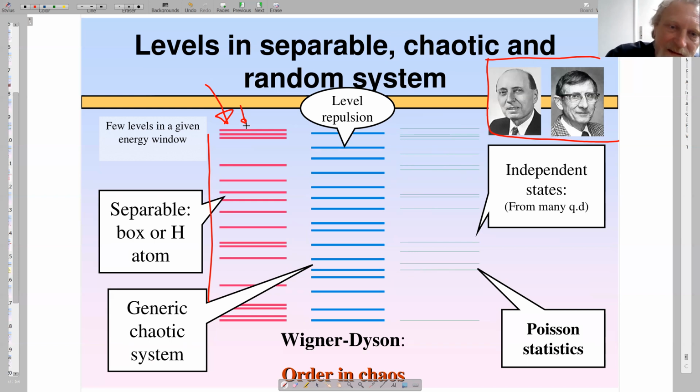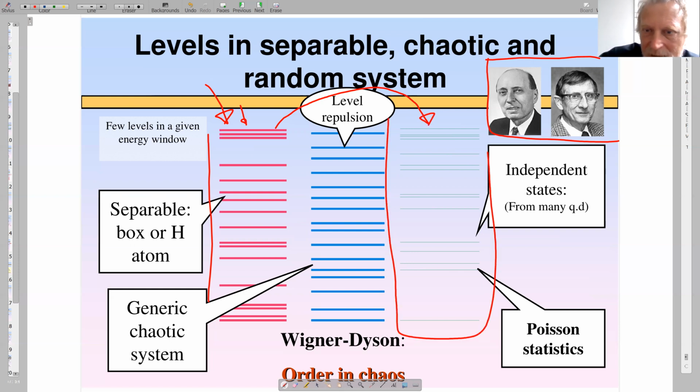Surprisingly enough, it doesn't come very far from the opposite extreme. And this is a spectrum where levels do not talk to each other absolutely. They belong to different systems. And in this case, they are just independent states, they assume Poisson statistics. And indeed, also in this case, we see small level spacings and large level spacings,